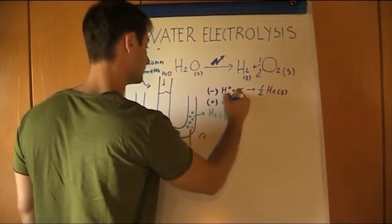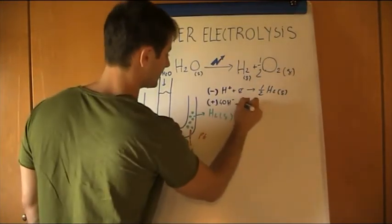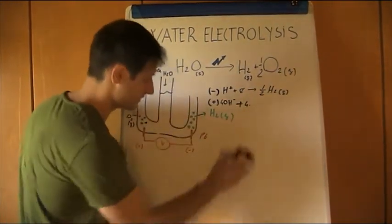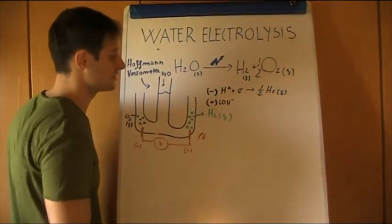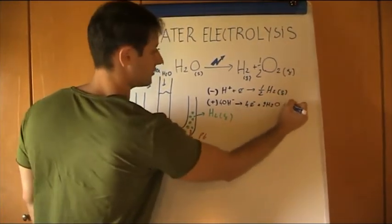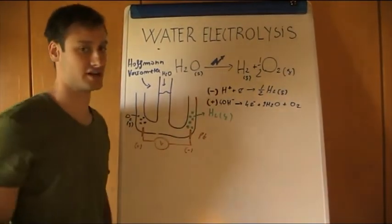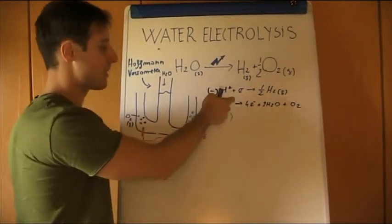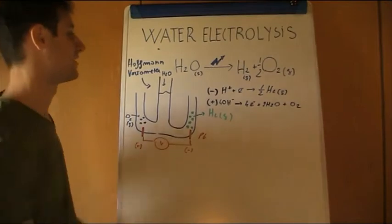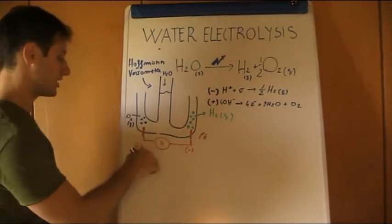Here we have 4 OH-, which is oxidized in order to give 4 electrons plus 2 times water plus oxygen gas. Obviously we need to balance the electrons, multiplying this by 4 or subdividing this by 4. So basically we have something acting as a cathode and something acting as an anode, and the total potential difference